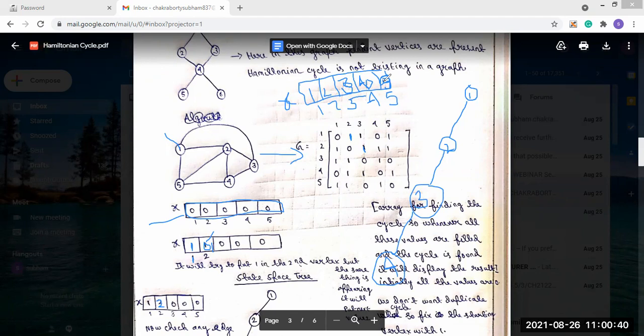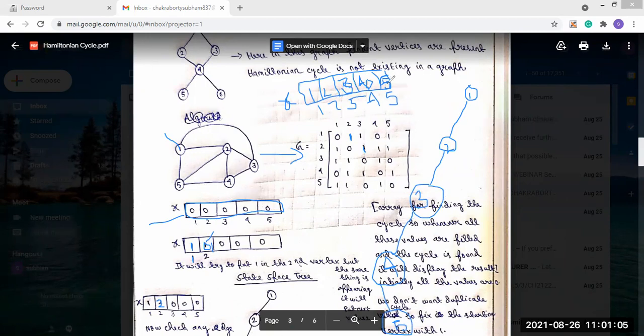Is there any edge between 4 and 5? Yes, there is an edge between 4 to 5. So the value 5 can also be taken. So 1, 2, 3, 4, 5.